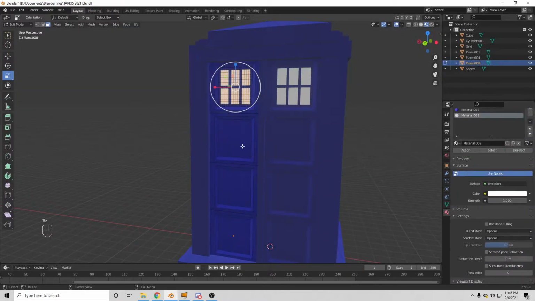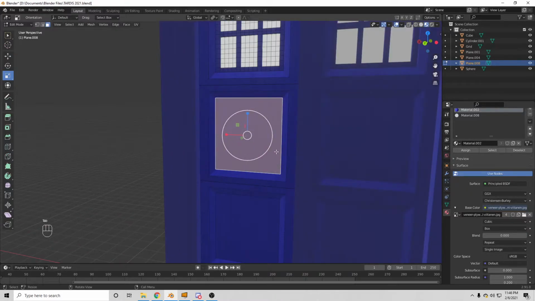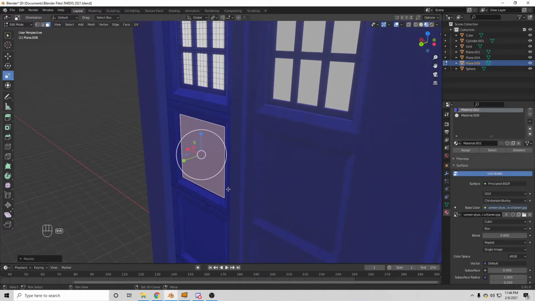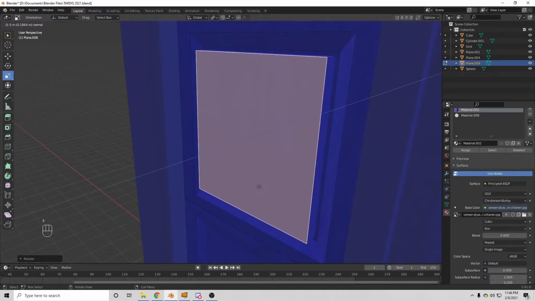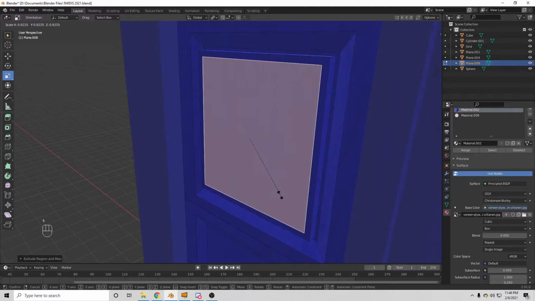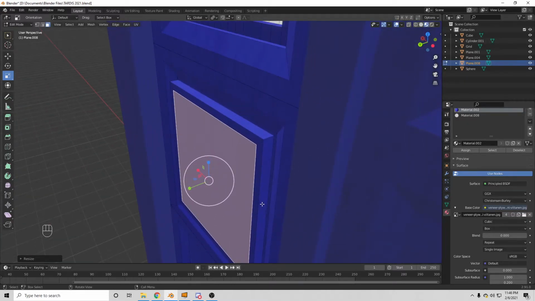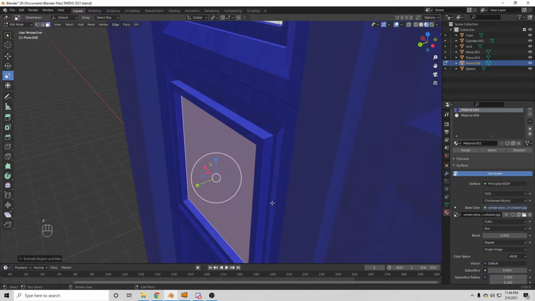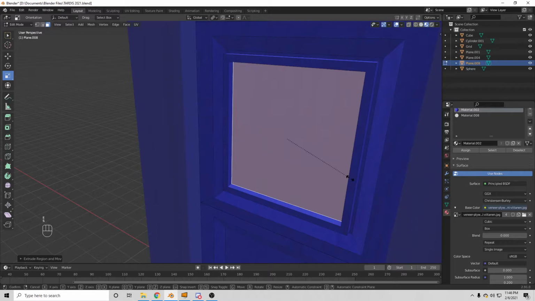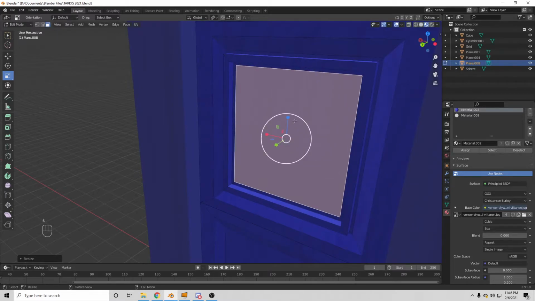At this point, I'm going to go to edit mode, and I'm going to extrude this guy out. Yeah, something like that. And then we'll extrude it out like that, and then bring it in. And bring that in like that. Cool. I also want to extrude it just a tiny bit because I'm going to make this separate from the rest of the,